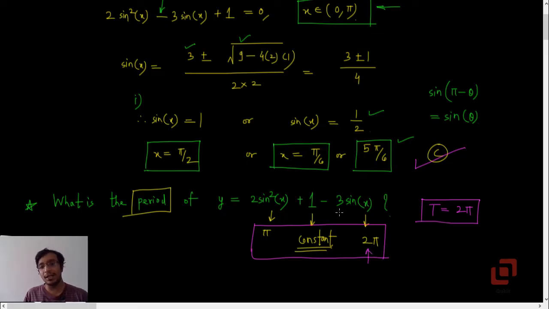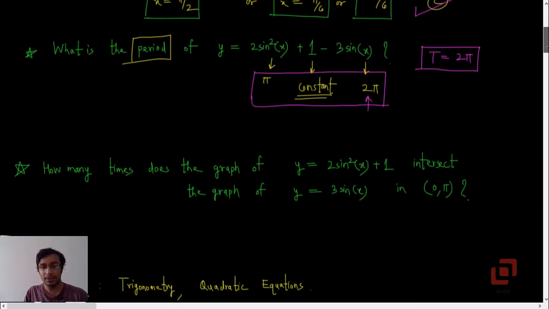That means if you look at the graph of this function, after every integral multiple of 2 pi, you will find that the graph repeats itself. We will verify this graphically. So that is one point that I wanted to tell you about this sum, and there is one more point,